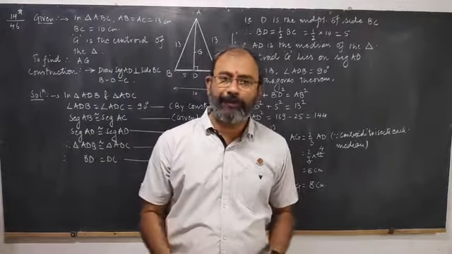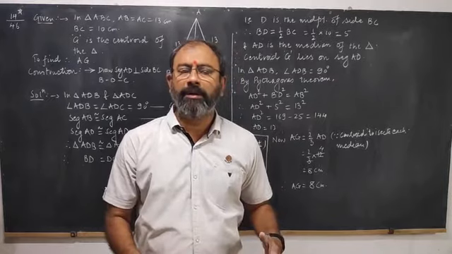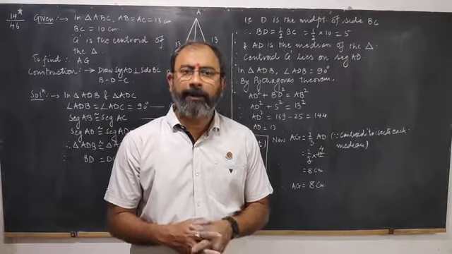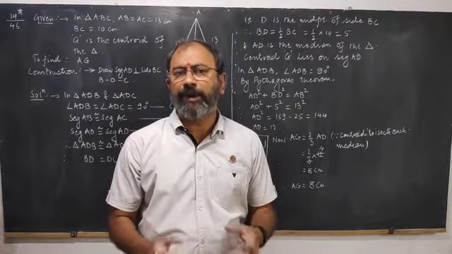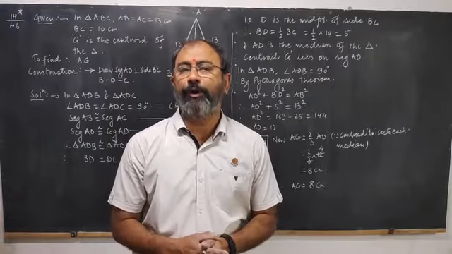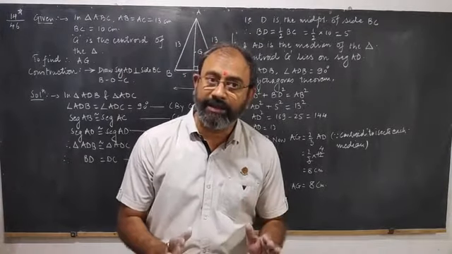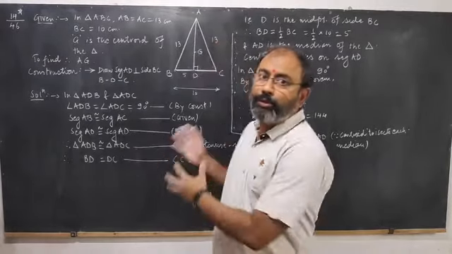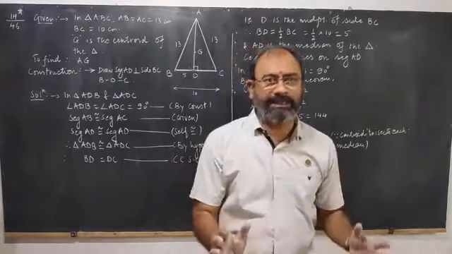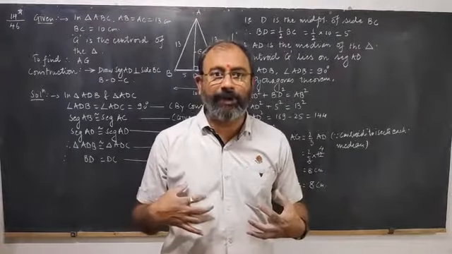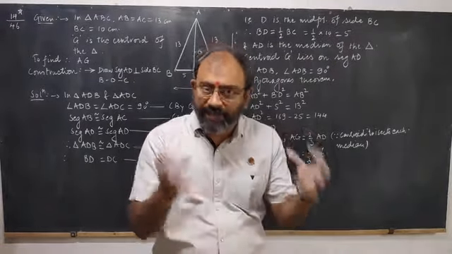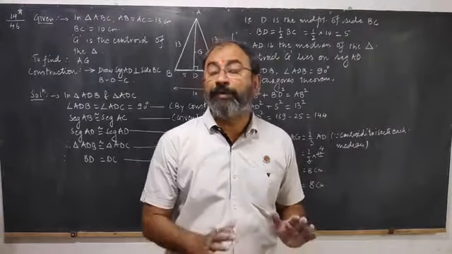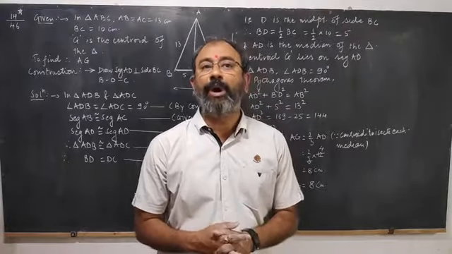Now, we have solved almost all star mark examples and very good examples of this chapter. Very simple examples of this chapter I have left for you for homework. Please write the solutions of all those examples. You will get the clues in all the solved examples, the examples which we have solved. By studying those examples, you will be able to solve unsolved examples. So we have completed the second chapter of geometry.